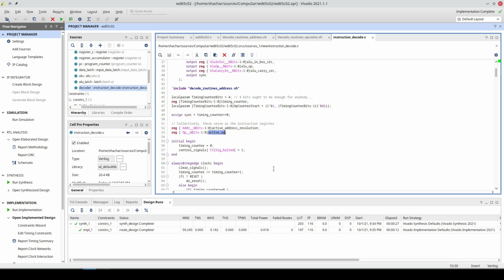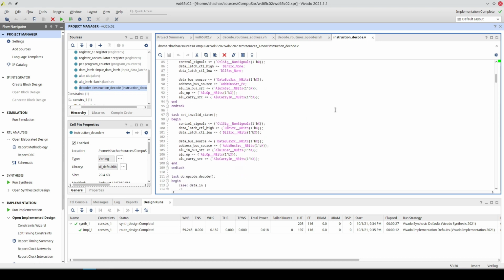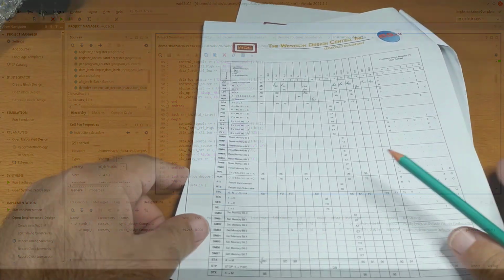So essentially, when we receive a new opcode, instead of just storing the opcode in the instruction register, we split it into the operation and the addressing mode, and we store them in two separate registers. To really understand how that works, let's just add a new command right now.